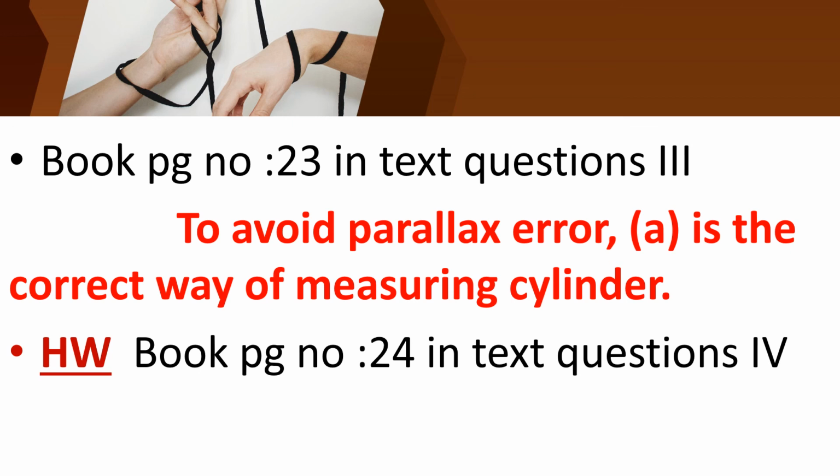Okay, children. And I forgot to tell you, mass is constant. If you are measuring the mass on earth, it will show the same measurement, and if you are measuring the mass on some other planet like Mars, Jupiter, Neptune, you will also measure the same mass. If you are measuring 1 kg of mango on earth, it measures 1 kg, and if you are measuring the same mango on some other planet, you will get the same measurement. Same mass.